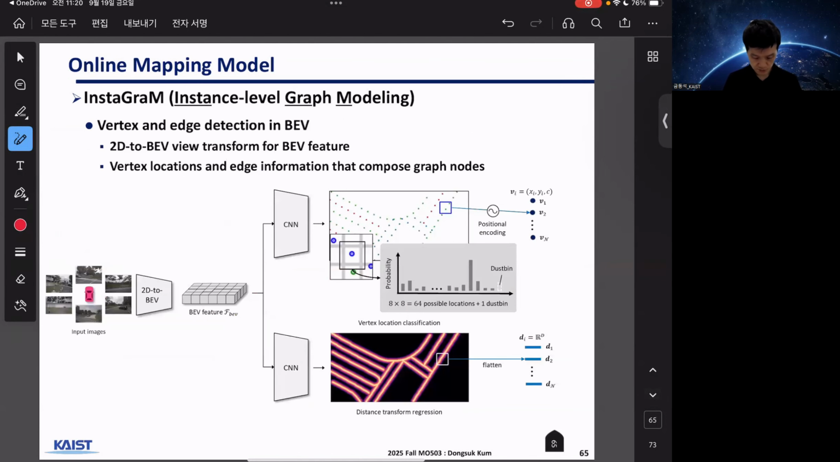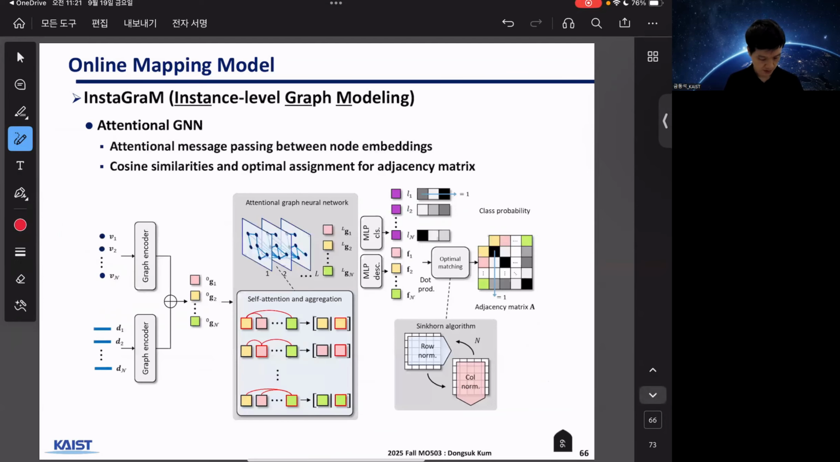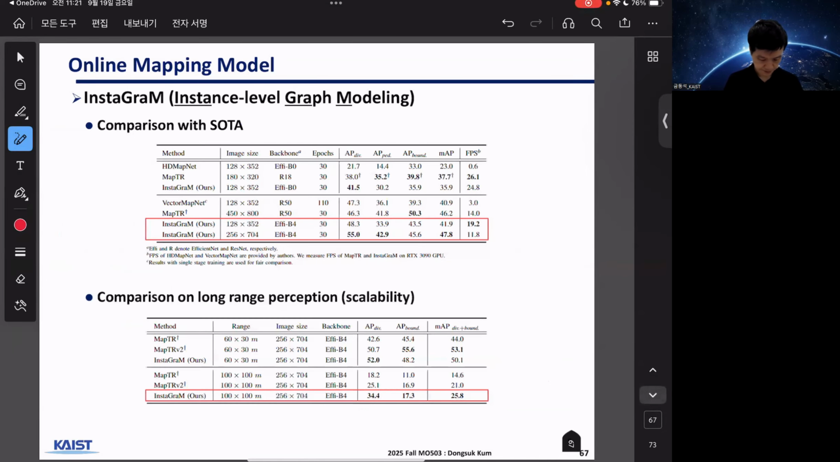I'm not going to go through details. For details, please read the paper. And if you have questions, we can talk more about this in the discussion session. This is showing the performance, which was great back then, years ago, but now there are other approaches that